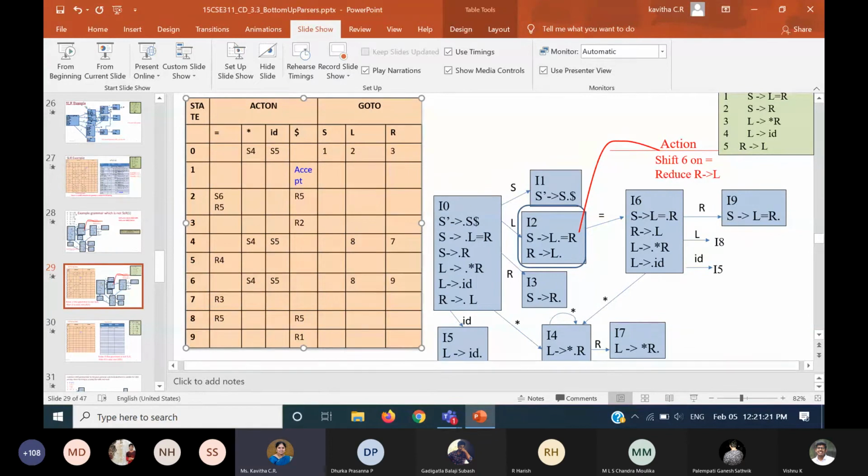Did we complete everything? You just check once. Yes, we have completed, I think. R1 is applied here, R2 is applied here, R3 is applied here, R4 is applied here, R5 here and here, both, because it occurs in 2 places. Yes, it's done. Okay, so this is our table.